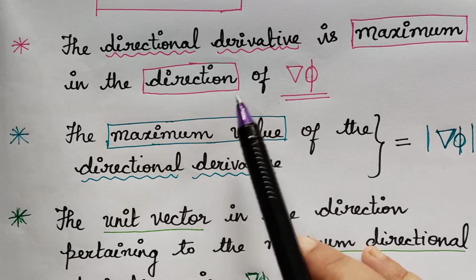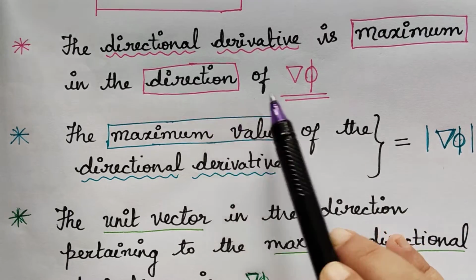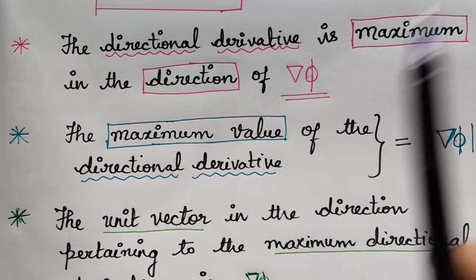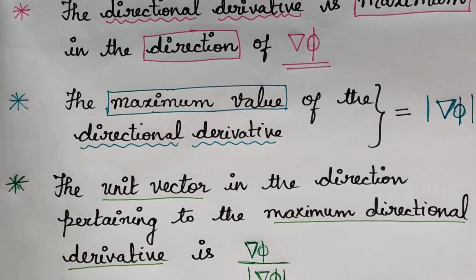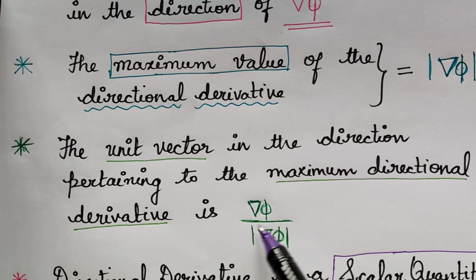And the directional derivative is in which direction? It is maximum in the direction of nabla phi. So these two concepts we should understand very clearly. And the unit vector in the direction pertaining to the maximum directional derivative is given by nabla phi divided by